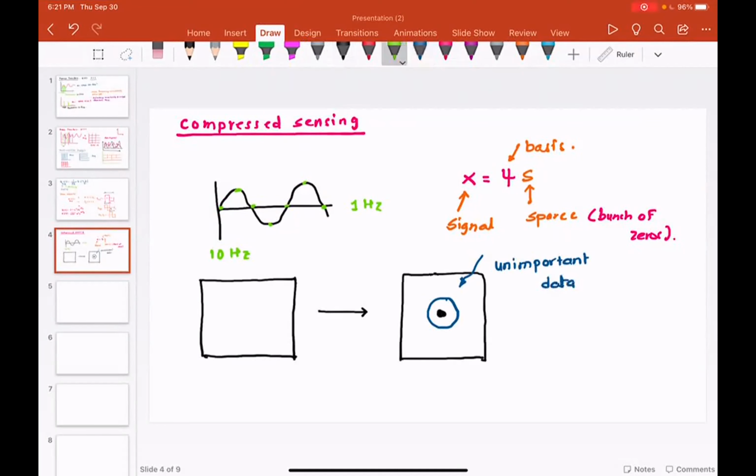Then what you do is you zoom in on here. You only capture this part from the Fourier transform, use the inverse Fourier transform, and recapture the old image. And believe it or not, this image A was the original image, and this image B is the reconstructed image. They will be very close to each other.